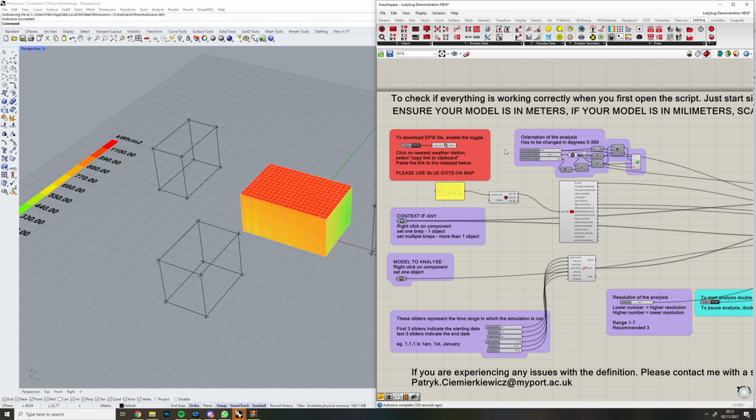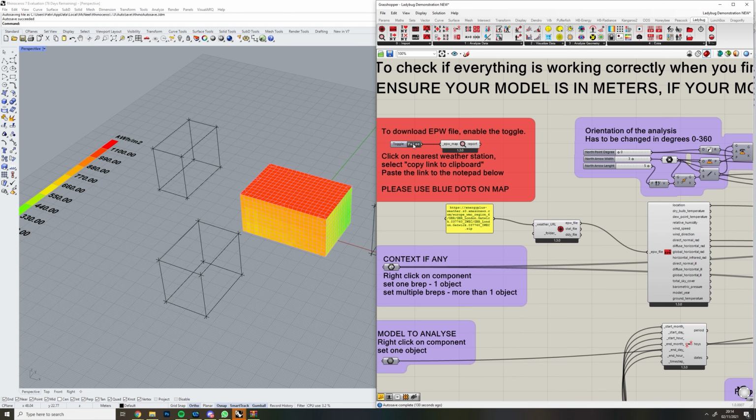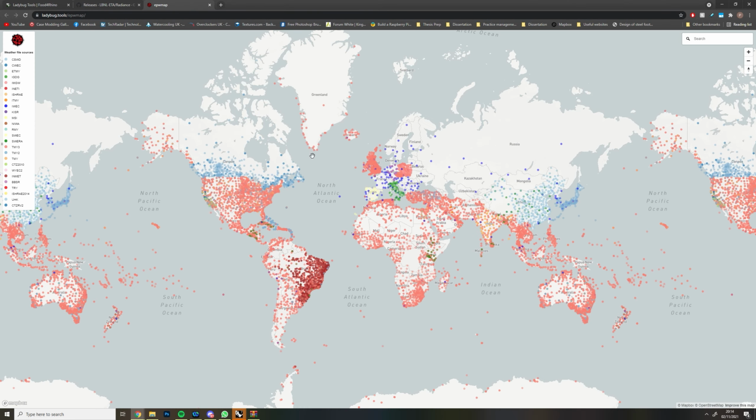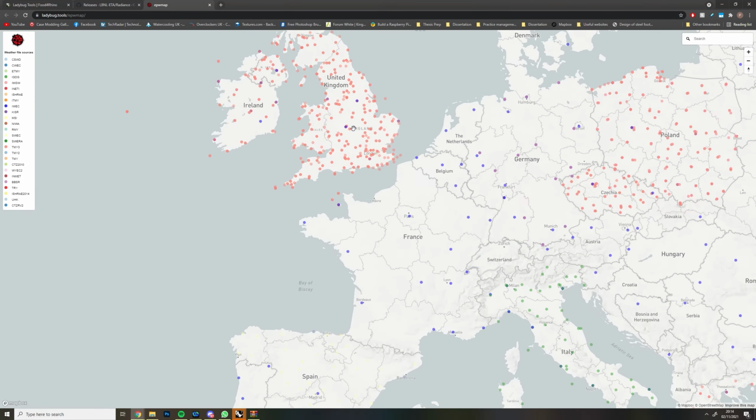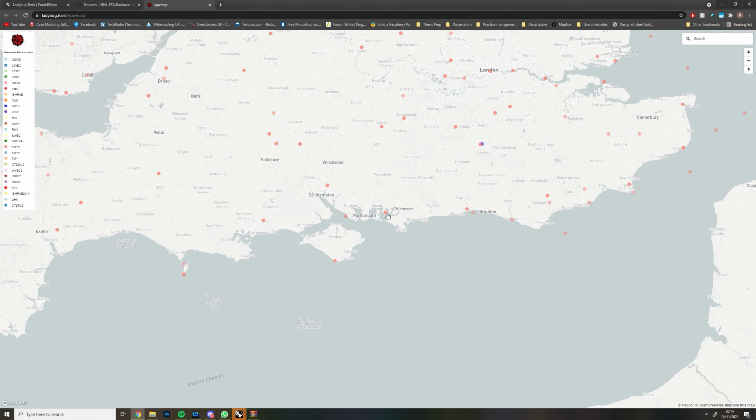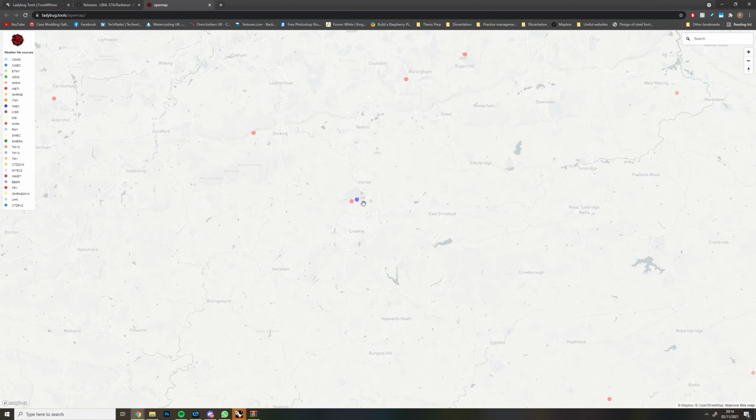So to start off the analysis, one of the first things that you can do is double click on this file to download the EPW file. It's going to open up a whole new browser, and you can go over to almost any location. Some of the locations don't work, like areas around Portsmouth don't work, but the blue one in Crawley on London Gatwick, when you click on it, that one works. So we've got London Gatwick. Then all you have to do is just click copy link to clipboard,